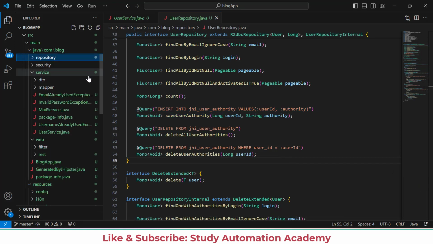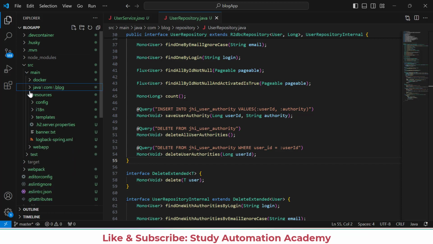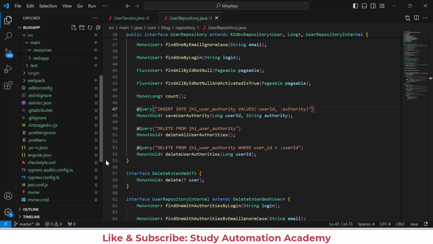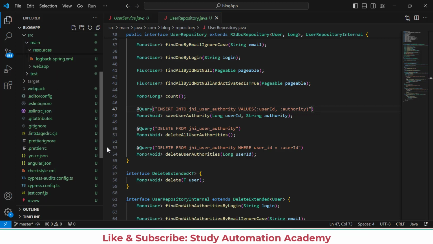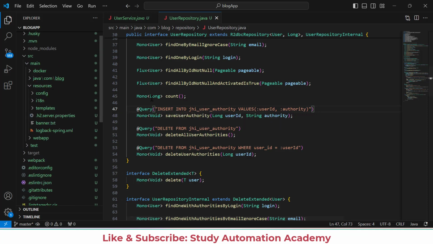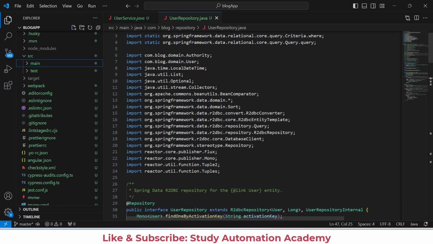Do let me know if you have any question or query. I'll try to answer it related to JHipster. It's a good tool, a good website and project generator. You should use it for your project, and it supports most of the cloud infrastructure as well. When you deploy it, AWS, Azure, GCP, it supports all, and you can customize any code that you want. Thank you so much.